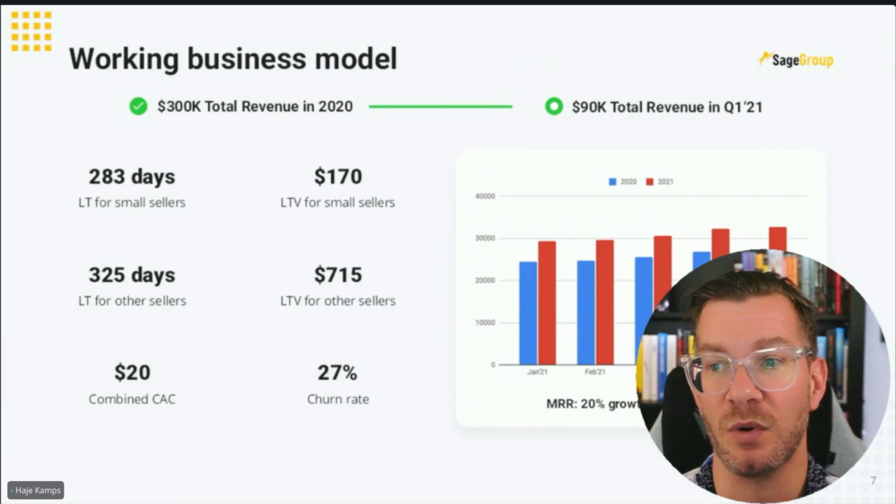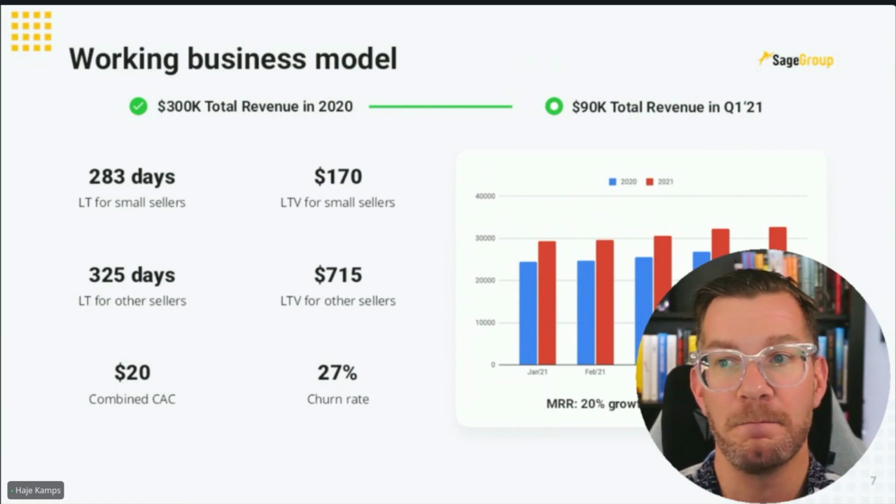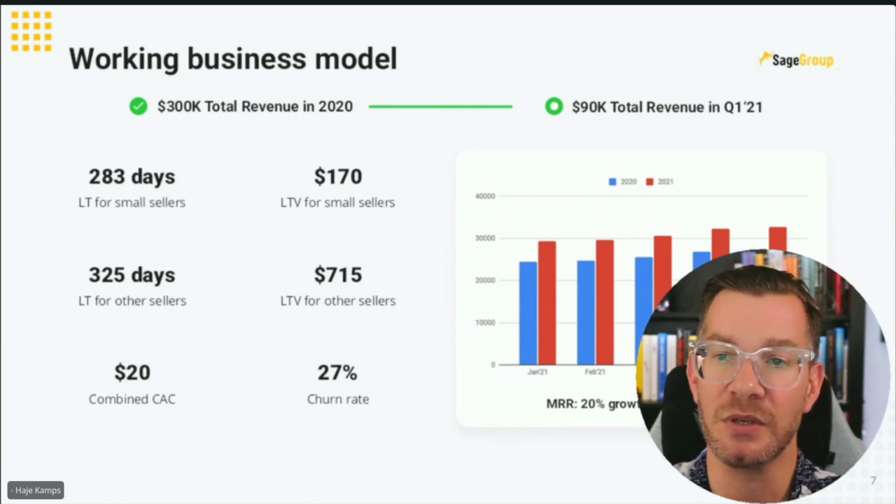A lot of the companies I'm working with have 15% growth week on week. 20% month on month would be, okay, fine. Now we're talking. 20% growth year on year. This is not a rapidly growing startup. And so these numbers that I'm looking at here,